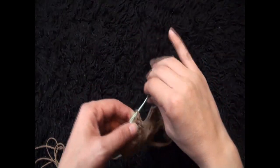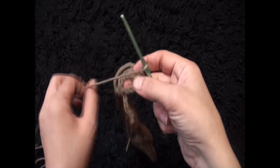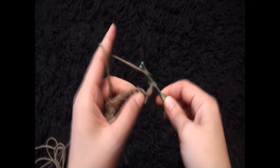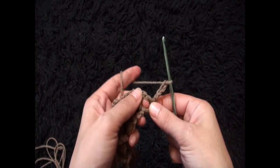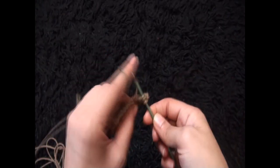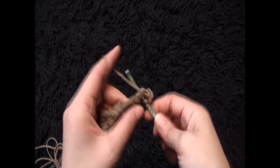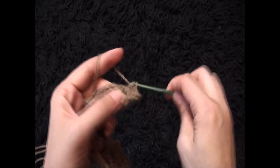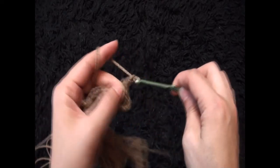So now row 4, I'll repeat row 1. So turn my work around, I will chain 4, with 1 chain loop I'll make 3 double crochet, I'll chain 8,